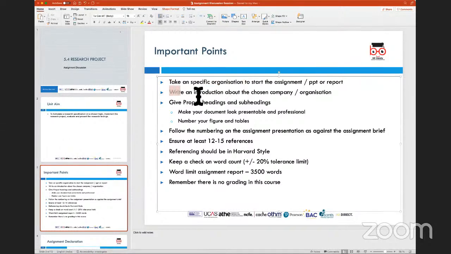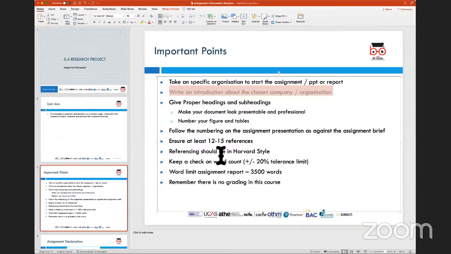Now, I would strongly advise that when you start a research project, the idea of forming the research proposal or the research project specification is to basically describe the background in terms of why you're looking at undertaking this research. When you obviously look at writing the report up, I would suggest give proper headings, use a table of contents, create subheadings for various sections of the report, and then a general guideline when you submit assignments is that you're looking at least